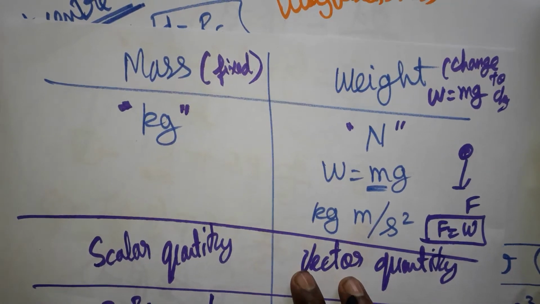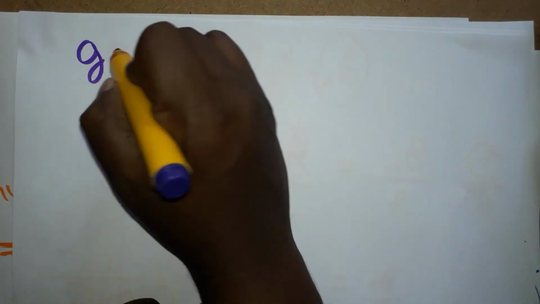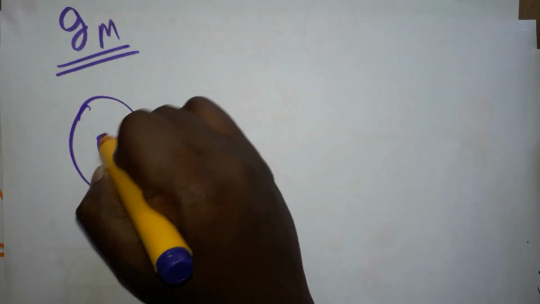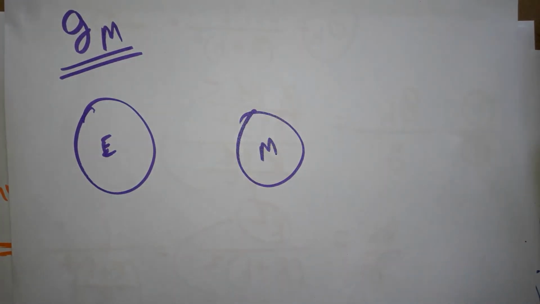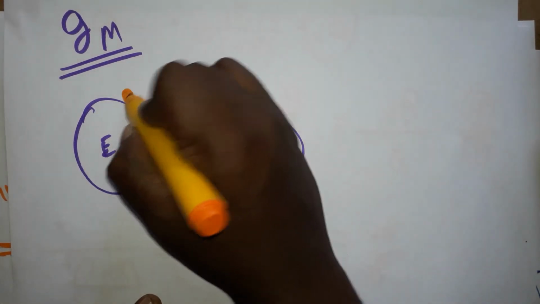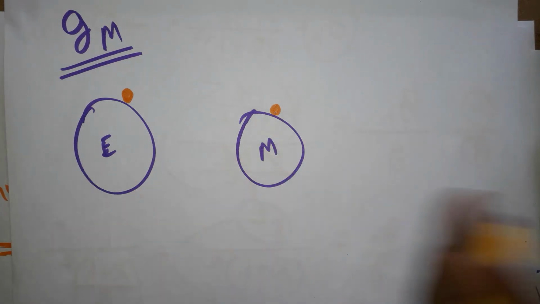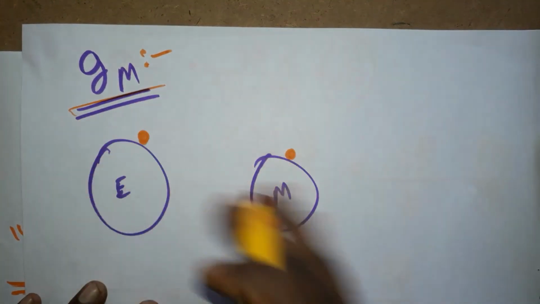Next, we are going to see the gravity on the earth surface and on the moon surface. Imagine this is the earth and this is the moon. I consider a small object on the earth surface, and the same object on the moon surface also. I consider one apple on the earth surface and the same apple on the moon surface. Now what difference are we going to observe? What is the gravitation on the moon surface?